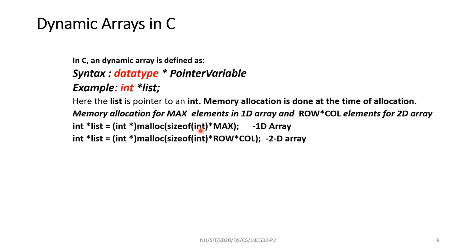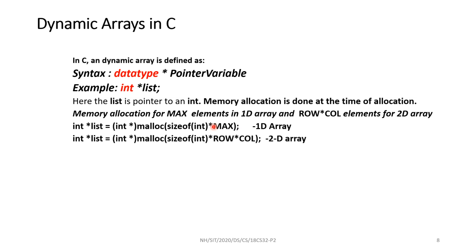So it is better to use sizeof(int), sizeof(char), sizeof(float), sizeof(long), like that, instead of sending the actual value. That sometimes gives errors also, because as you were told earlier that an integer takes 2 bytes, but some compilers take 4 bytes. If you give only 2 bytes, it may not be possible to store all your data in that allocated memory location. That is why we need the exact number of locations to store that many elements.